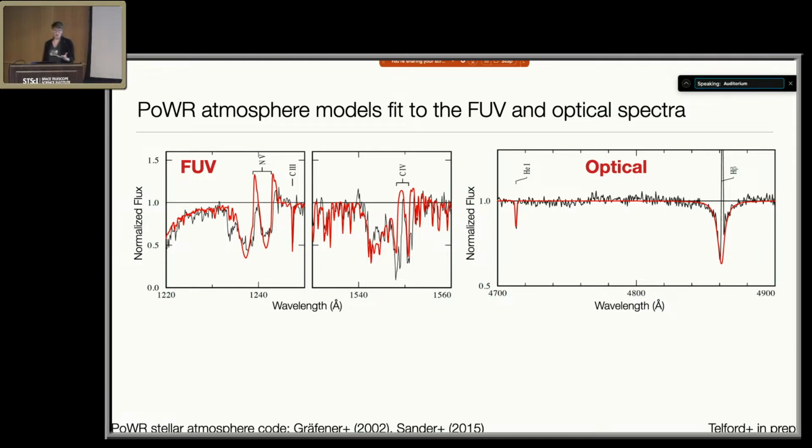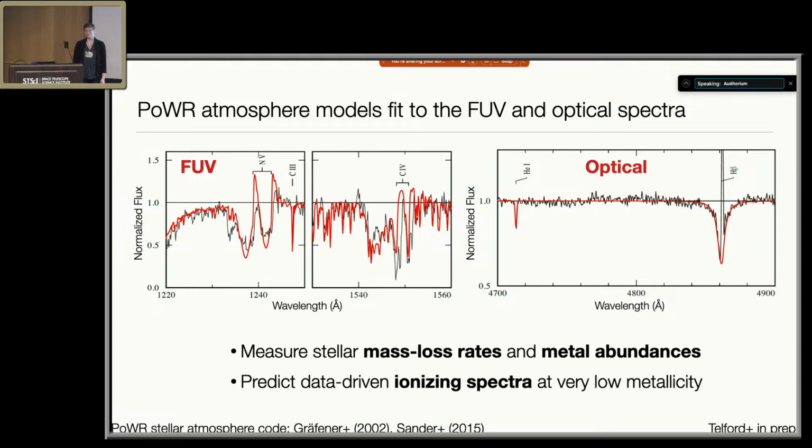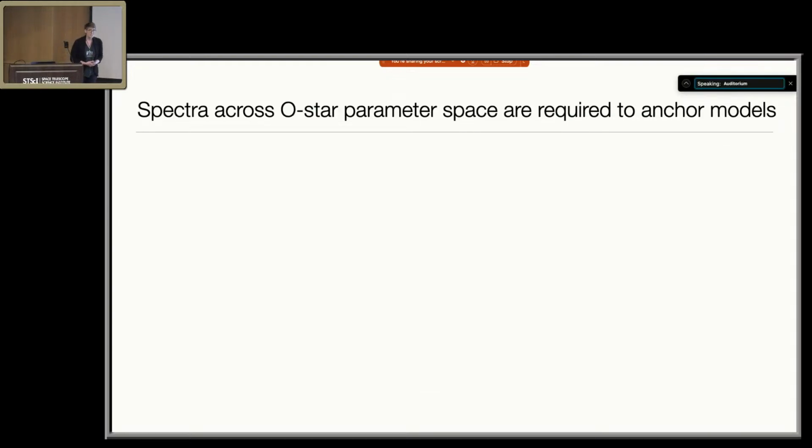From these best fit POWR models, we are going to be able to measure the mass loss rates from these stars and also constrain the detailed metal abundances: carbon, nitrogen, oxygen, and iron. We can also extend these best fit spectral models across the full wavelength range to predict ionizing spectra that are actually informed by observations of O stars in this very low metallicity regime for the first time. So we've been able to learn a lot from just 3 stars, but this is clearly not enough to do a rigorous calibration of stellar models the way we're going to be able to do with the LMC and SMC